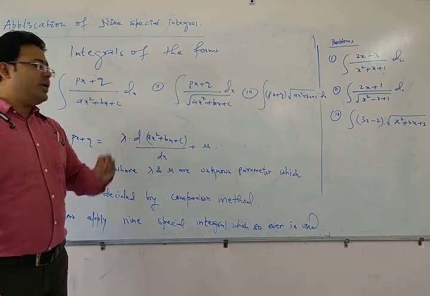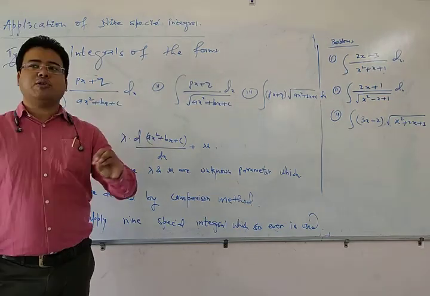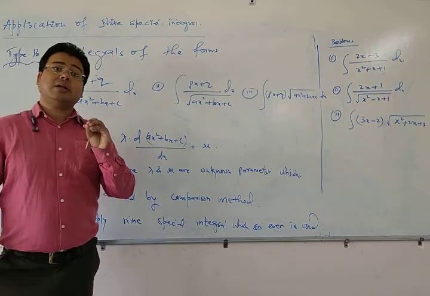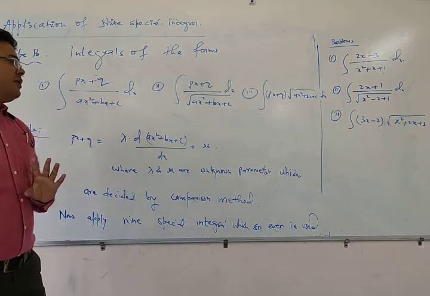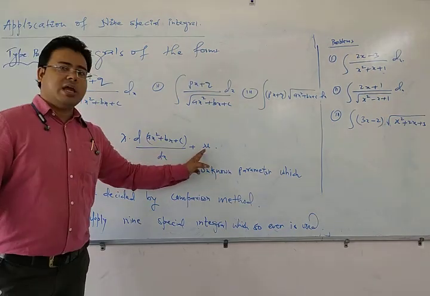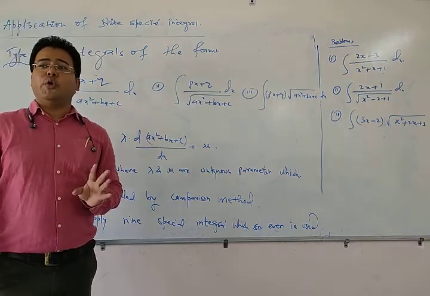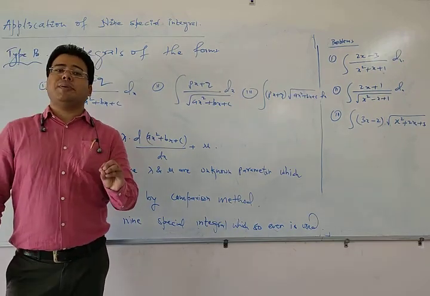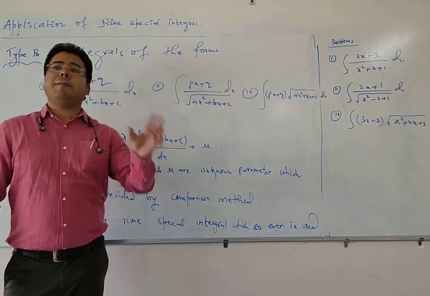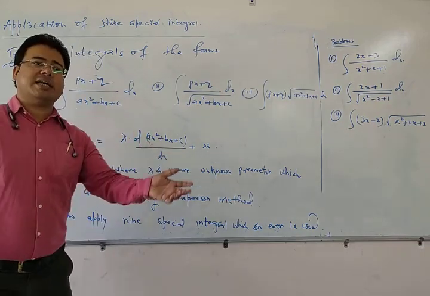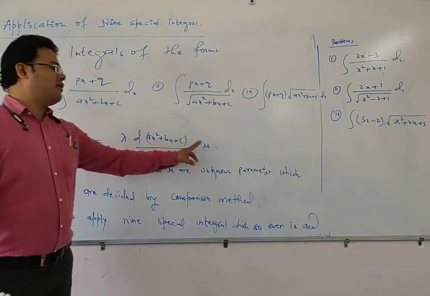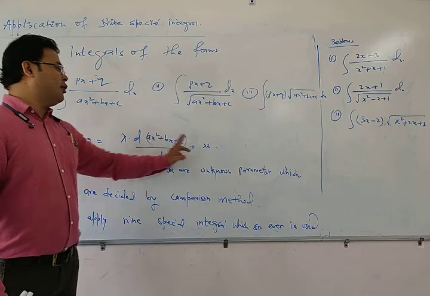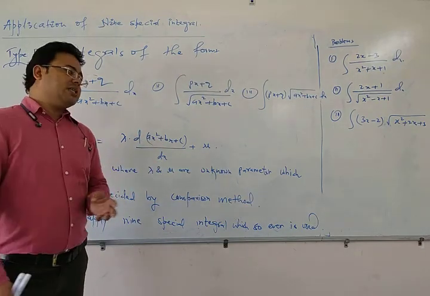Now we have to find out the value of lambda and mu, and this is the main problem here. We have to find lambda and mu, and there is a method to find lambda and mu. It is called comparison method. You already have to know what comparison is. Comparison means compare करना। कंपेयर करके हम लोग पता करेंगे कि लैम्डा और म्यू का वैल्यू कितना निकलेगा। तो कंपैरिजन मेथड का यूज करेंगे और लैम्डा म्यू का वैल्यू निकाल लेंगे।